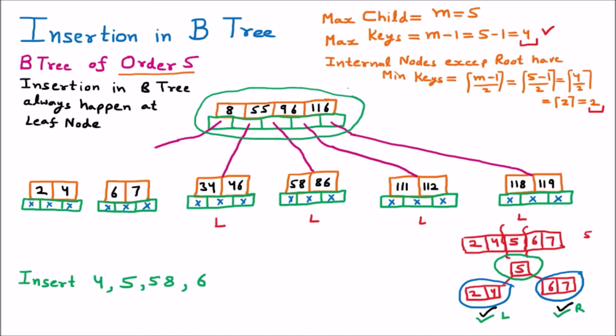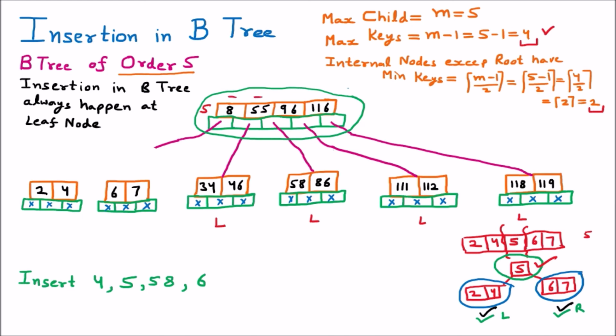Now we have to check the proper place for this 5 node, meaning on the left-hand side the value should be less, on the right-hand side the value should be greater, and we know that there is only one place where we can insert it, that is the first place here, meaning 5 can be inserted here. But before inserting it we have to check whether it has the properties of the keys.